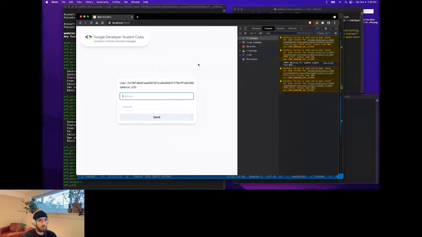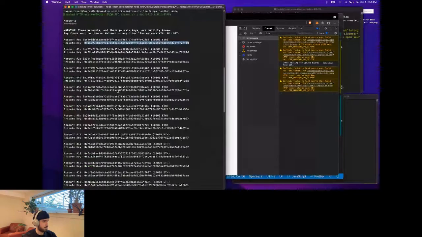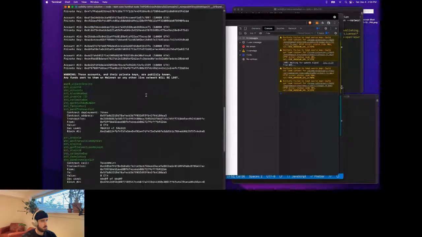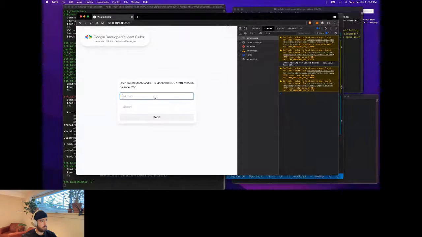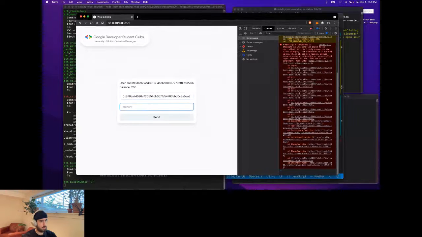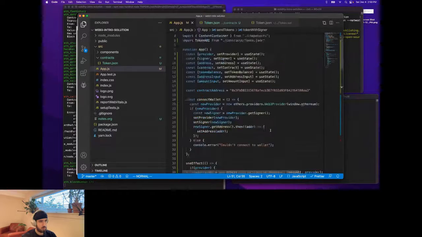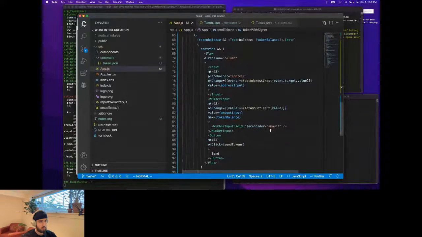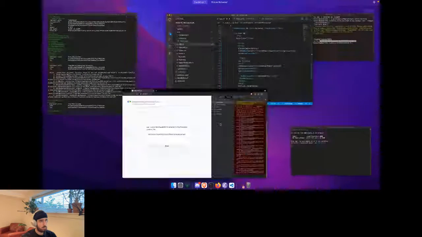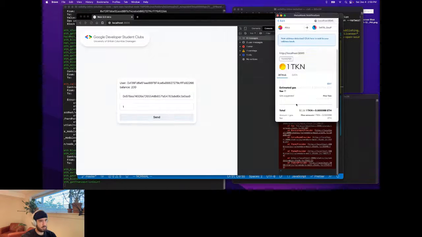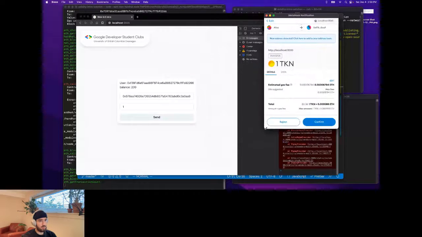And so now, if we want, we can take another one of these addresses to send to. We're just going to input that there. I may have messed something up there. We can take a look in a bit. And then I'm just going to send them one token, and let's see. Cool. Yeah, no, it's working fine. So this transaction pops up,